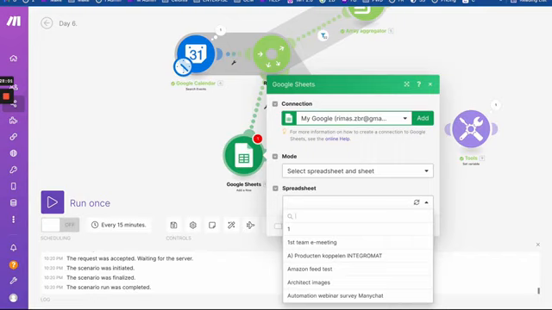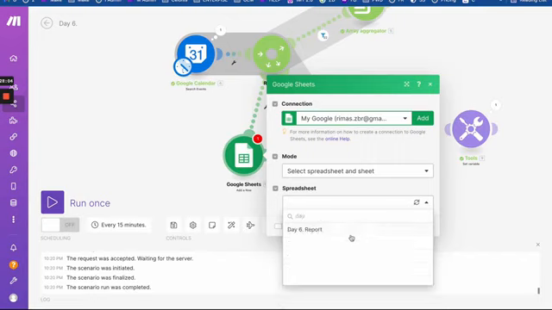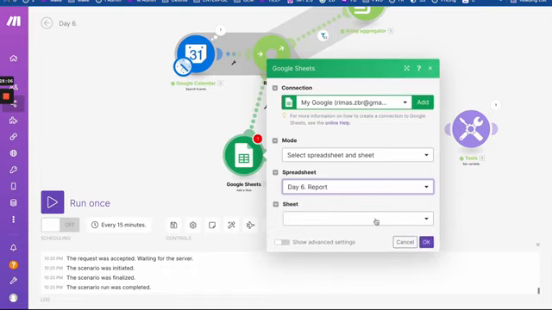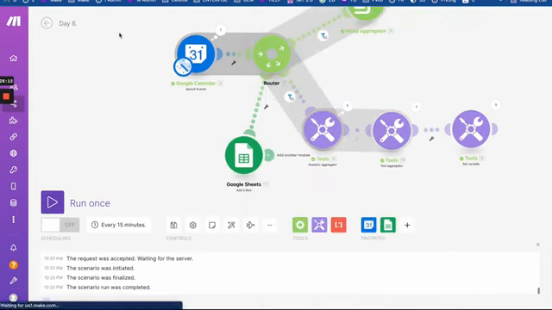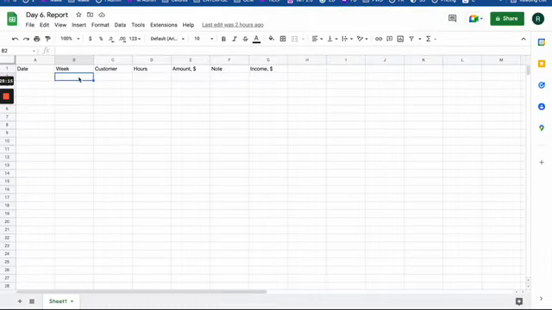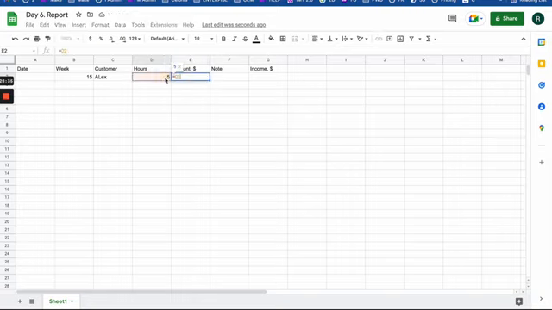So we can find our day report and sheet, and then this will be our logic. I want to see a number of week here. So say week, I don't know, like 15, for example. I have a customer, let's say Alex. I have the hours for Alex on that week, let's say 5 hours, and an amount, which will be some calculation of that by some rate of, let's say, $25, for example,